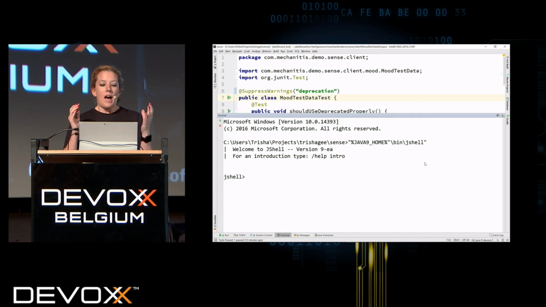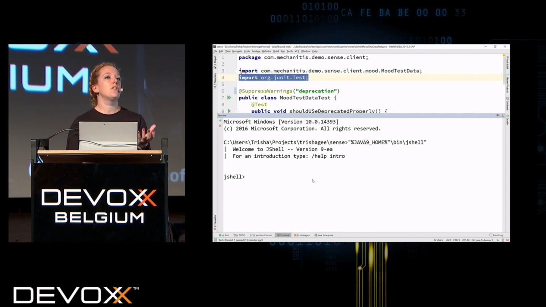At the moment, in the current version of IntelliJ, we don't have native integrated support for the REPL. I've just opened it inside the terminal, so I'm basically running it from the command line inside IntelliJ. There are a couple of reasons I would do this. One, so that everything's inside the same IDE. Two, this is a Windows machine, and the command line's kind of rubbish on Windows, so I can actually copy and paste from inside the IntelliJ terminal. And three, I can easily copy stuff from over here and paste it into the terminal inside here. So there are some benefits to using the IntelliJ terminal rather than your operating system command line.